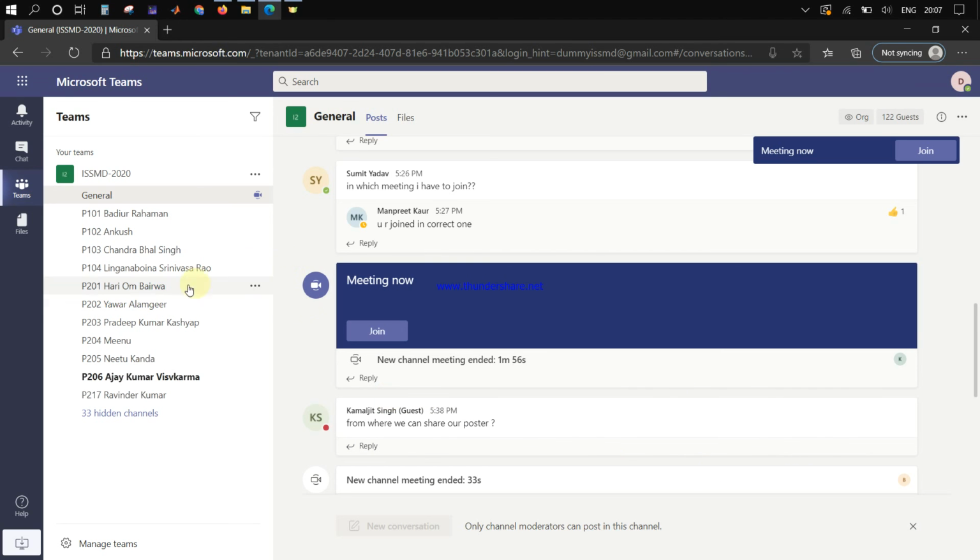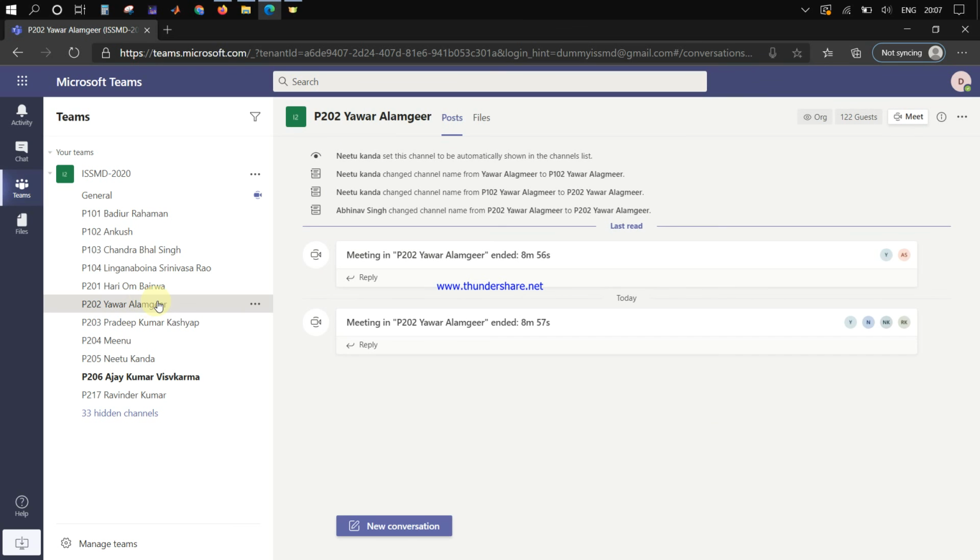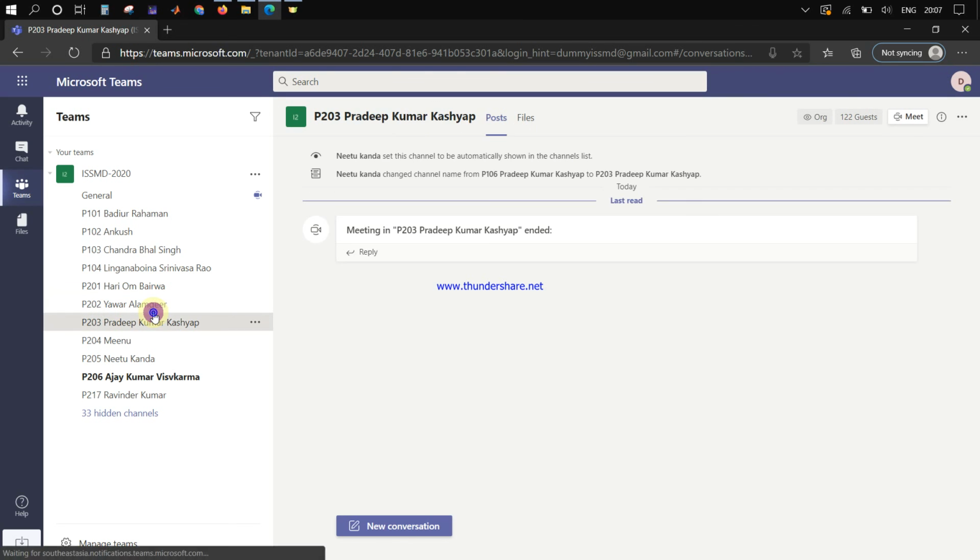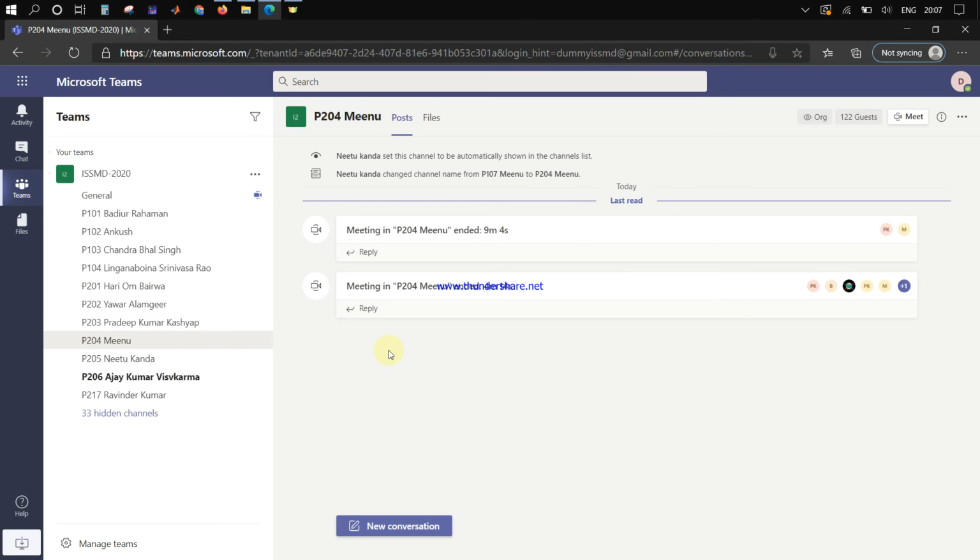Okay. Sometimes there may be a problem like you click and nothing appears on the right side. This is a problem at the user end. What you have to do is log out from your application, then sign in again, and if the problem persists, then you should reinstall your app. I recommend you use the Microsoft Teams desktop app. Do not use mobile. And if somehow you are not able to use the Microsoft Teams app, then use the Microsoft Edge browser.